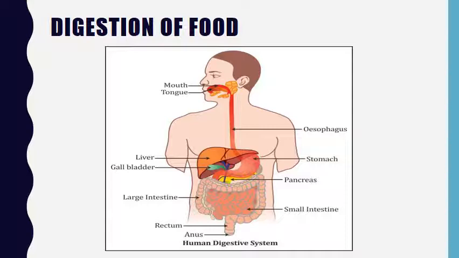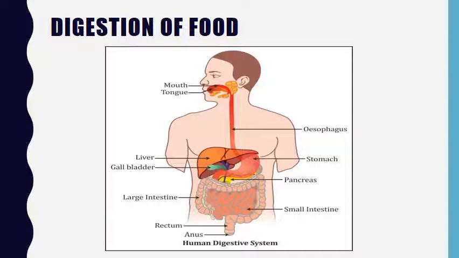Now the remaining undigested food, what happens with the undigested food? The waste materials from the undigested food enter another tube-like structure which is called the large intestine. Okay, in the small intestine only the digested part is there, which mixes into the blood and goes all over our body, and the undigested food goes into the large intestine.